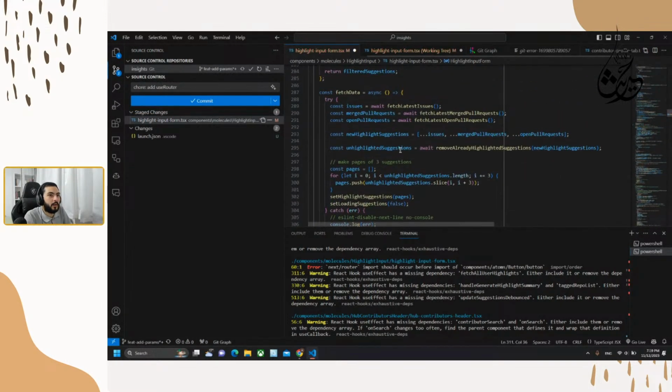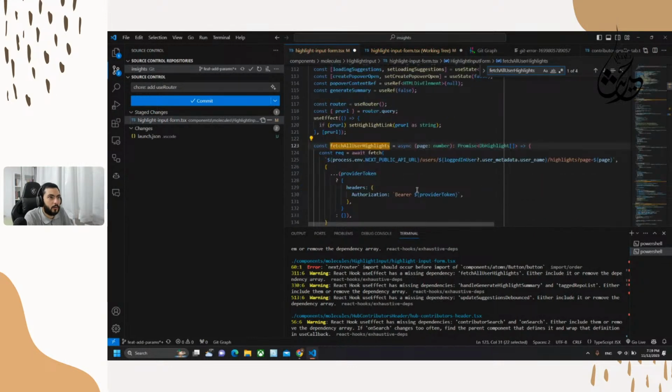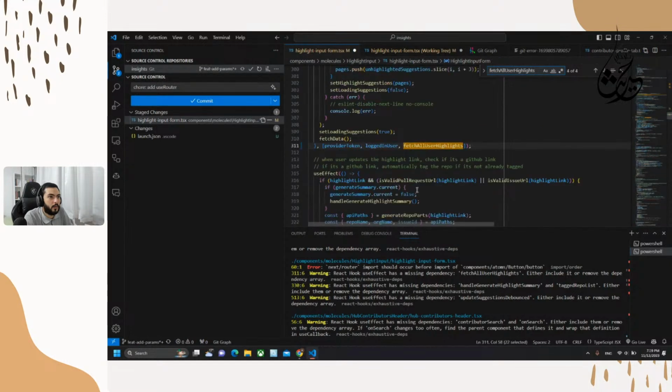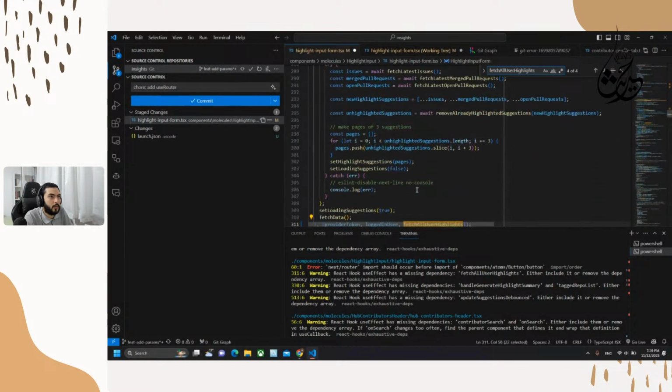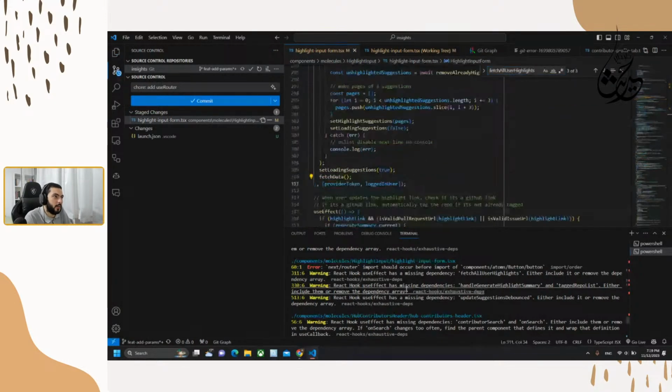Why is it suggesting that fetch all user highlights? That's a bit odd of a suggestion, but okay. Let's just go with the commit change and check this stuff later.